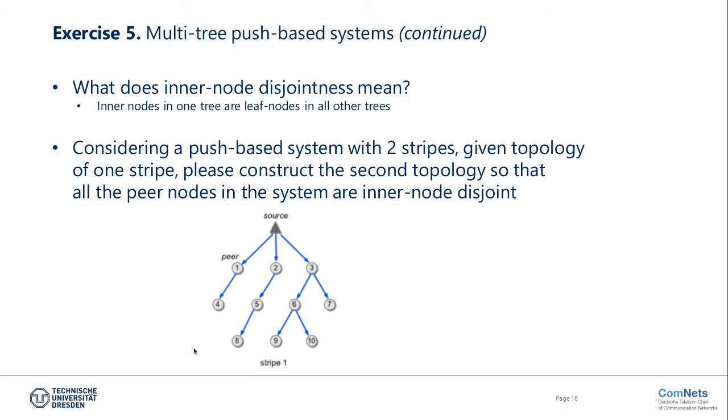Here we have 10 nodes from 1, 2, 3 until 8, 9, 10. And among them we have inner nodes 1, 2, 3, 5, and 6. Inner node means they are child nodes for others, and at the same time they are parent nodes to others. For example, node number 1 is the child node with regard to the source, and it is the parent node for number 4. Inner nodes are important because all the leaf nodes are dependent on the inner nodes